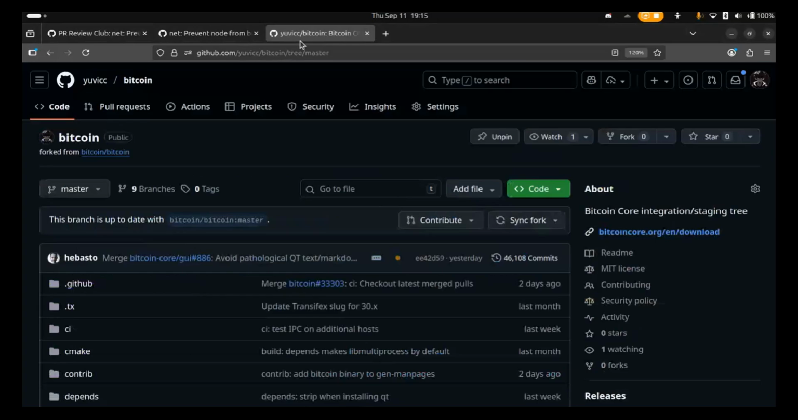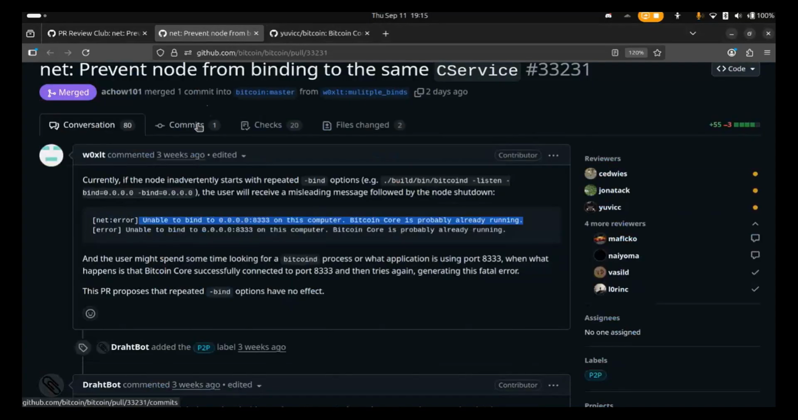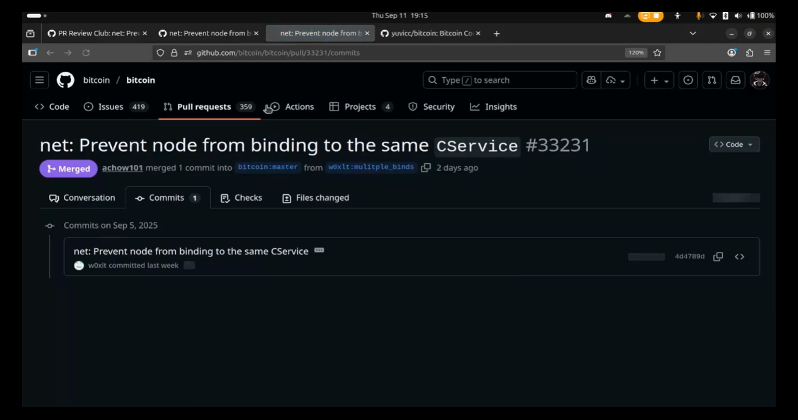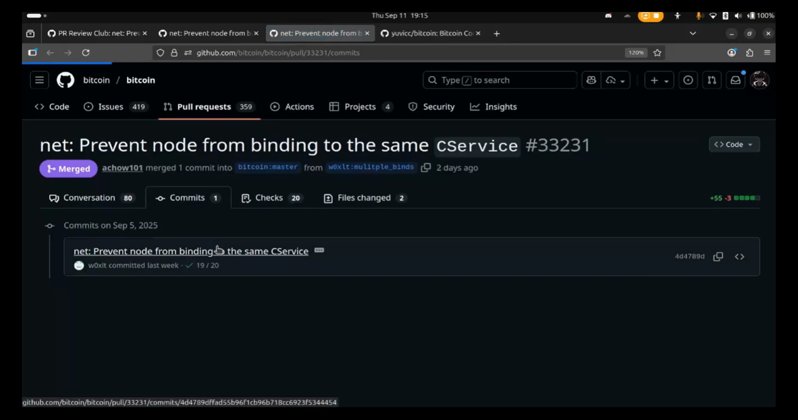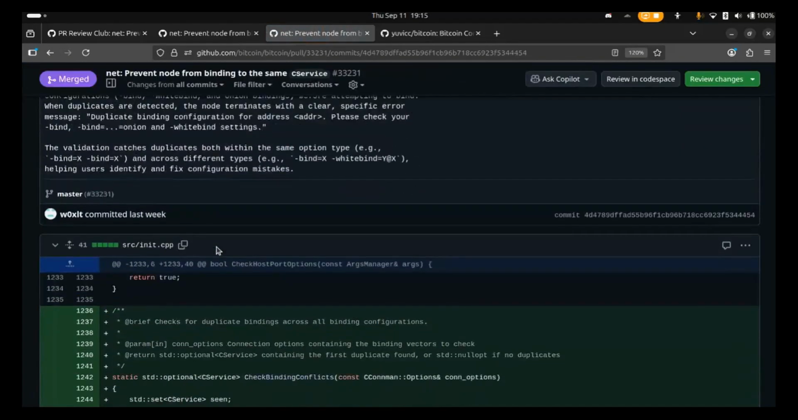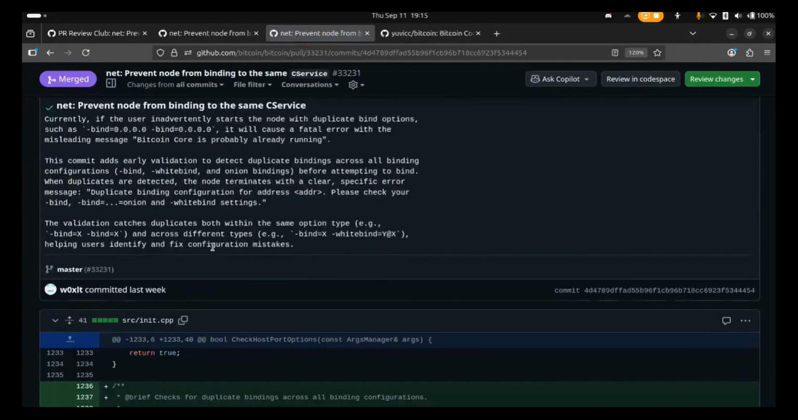So let's go to the commit. Let's read this commit message. Currently, if a user inadvertently starts the node with duplicate bind options such as bind 0.0.0.0 and bind 0.0.0.0, these are multiple or duplicate bind IP addresses. It will cause a fatal error with misleading messages. Bitcoin Core is probably already running